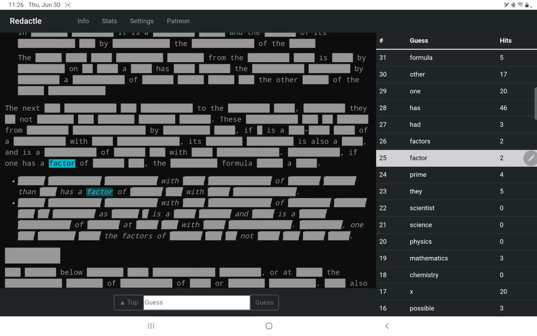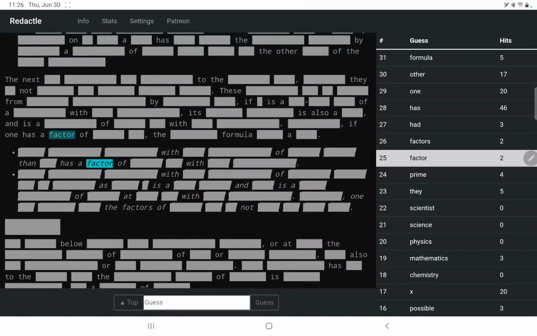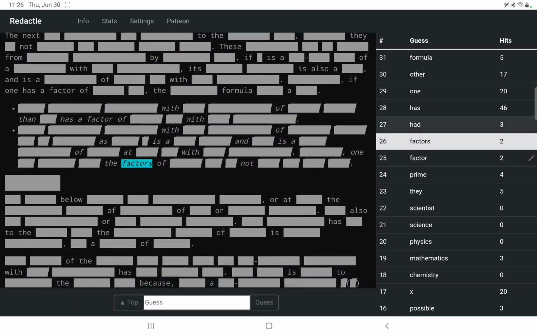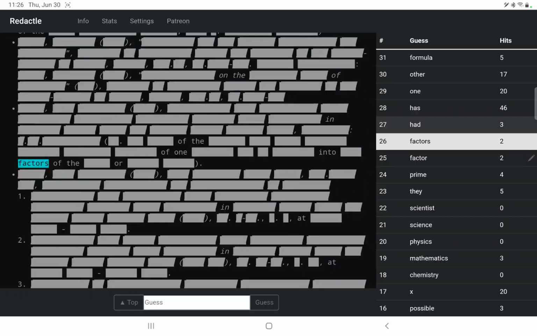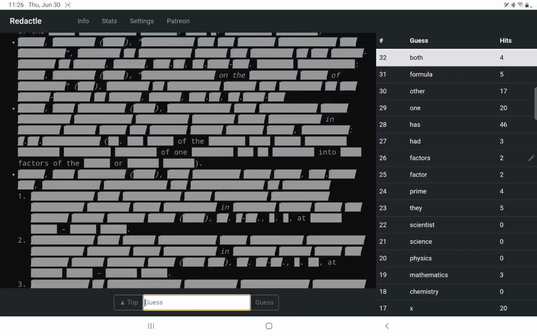So we'll look at our factor. There they are. A lot of italics in that line. Okay, into both factors. Let's try 2, many,